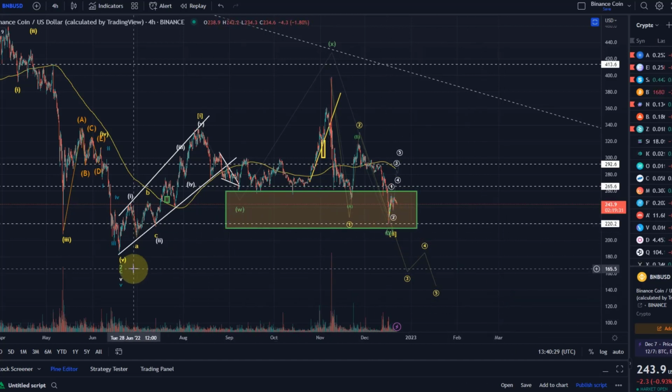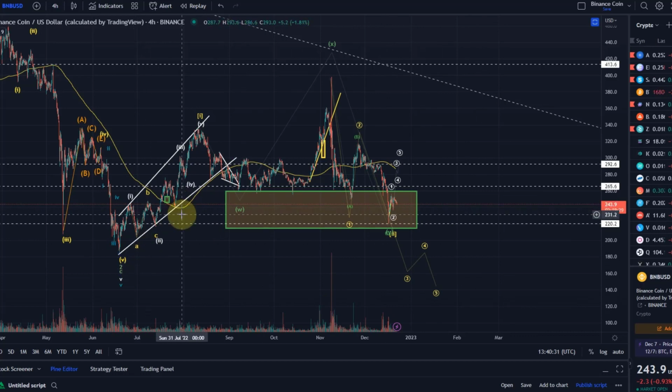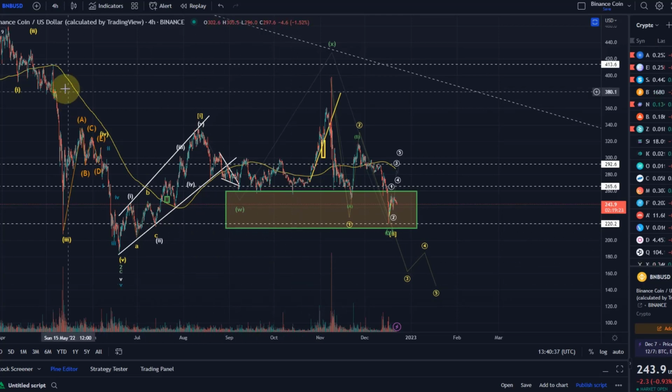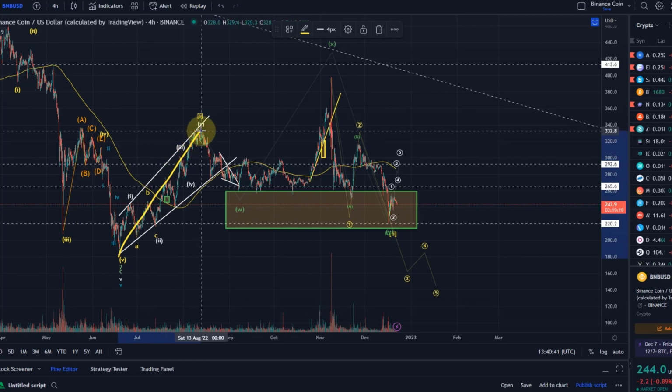BNB has moved from one chart that looked really good to one that could now easily break into a bearish scenario. And the reason for that is we moved up here. That was from June to August in a wave one, but only in a diagonal pattern, so these are already less reliable. It could easily be a correction as well. But due to the strength of it and the support levels BNB did hold so far,